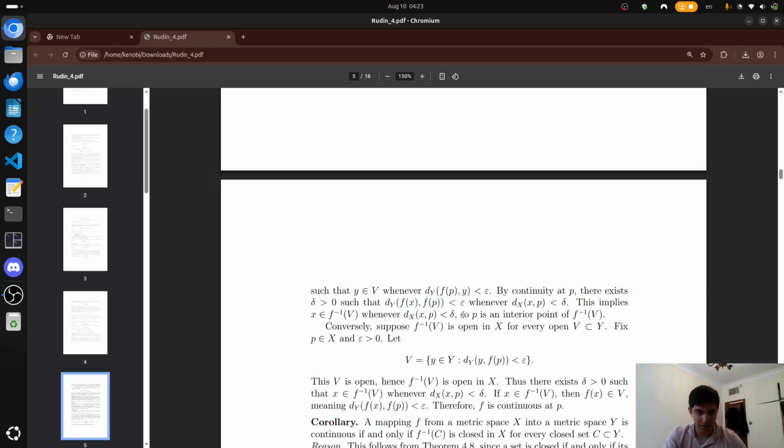So basically, let's finish reading this. So p is an interior point of f inverse of V. What this means over here,